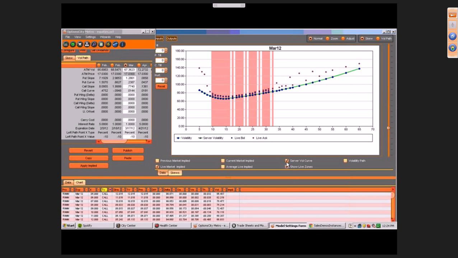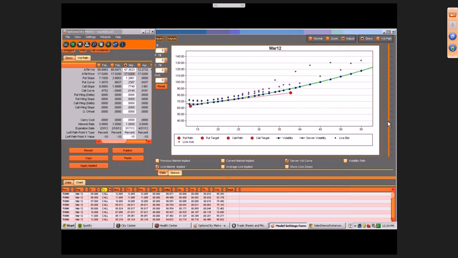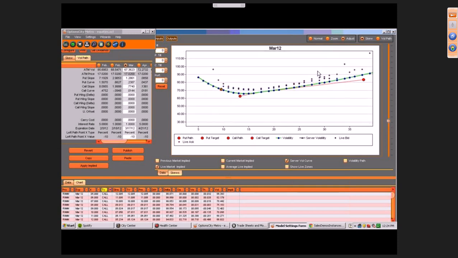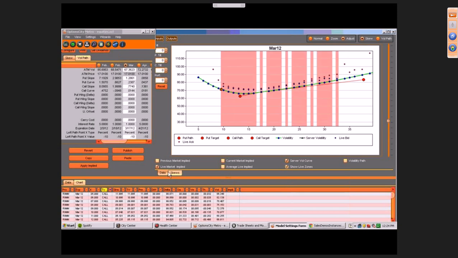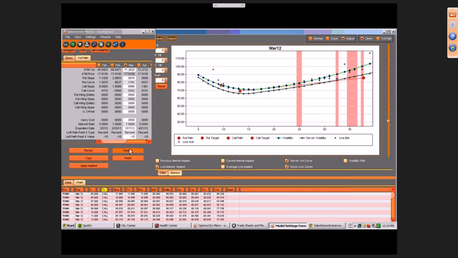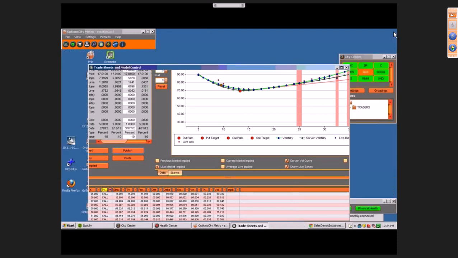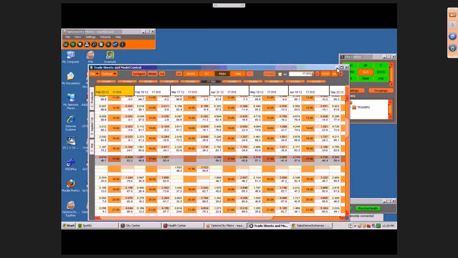And looking at this, just by zooming in, I can see that my volatilities are too low. My at-the-money volatility is lower than where the market is. And the differences are shown in this pink. Now what I do is I apply the implied, publish to the marketplace, and then